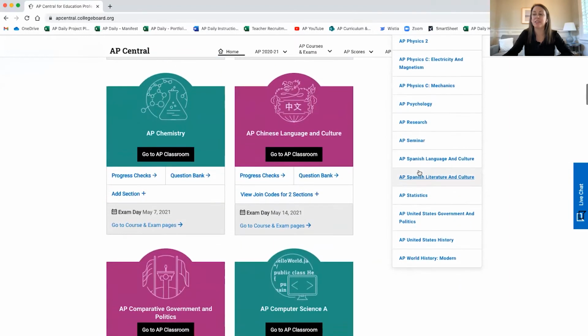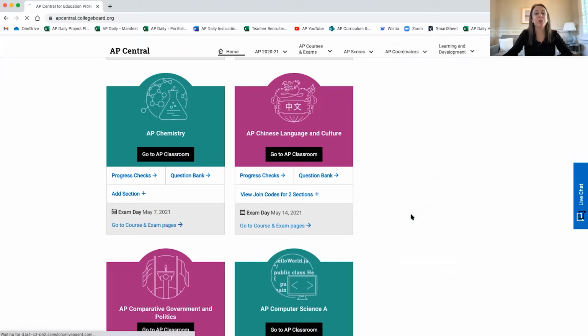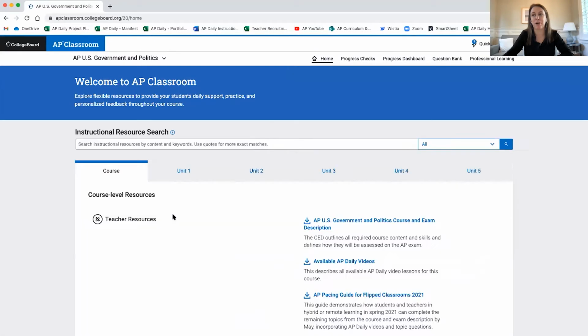I'm going to use, in the case of this demonstration, AP US Government and Politics. You can, however, feel free to follow along in your social science class so that you can better understand how to assign these personal progress checks. Once in my classroom, I'll see that I'm in default of the class that I want to be in,